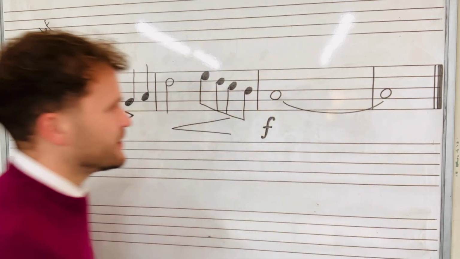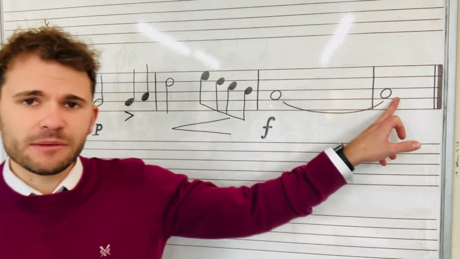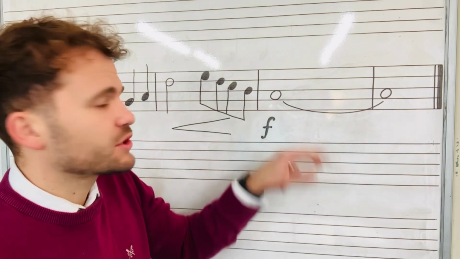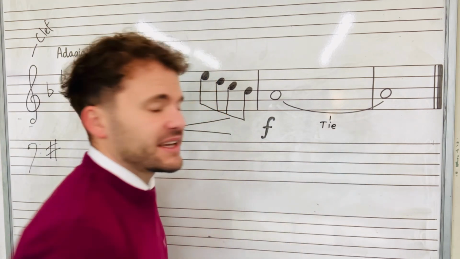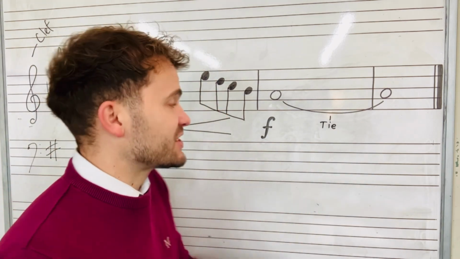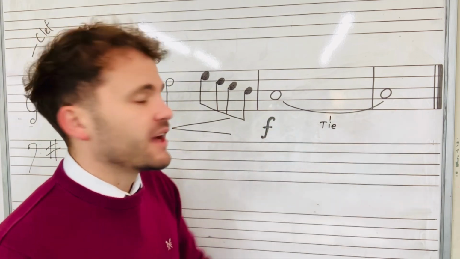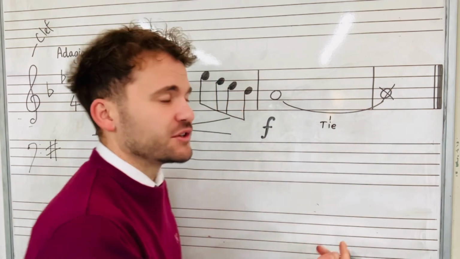Looking along here then, we've got this note here, which is a semibreve. We've got another semibreve here. Now I've included this special mark here. This is what we would call a tie. Now the tie, as the word tie is in the English language, just means joined together. So these two notes would be joined together. That means that although you would hold the note on, you don't actually play that note,